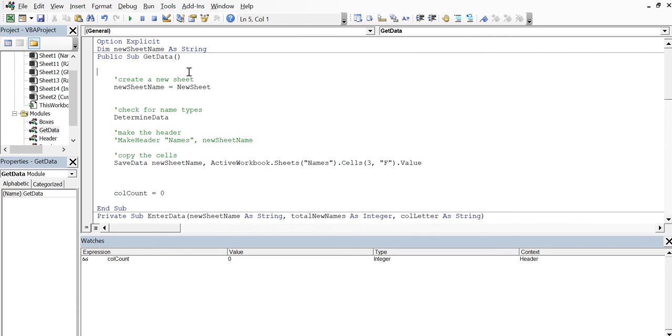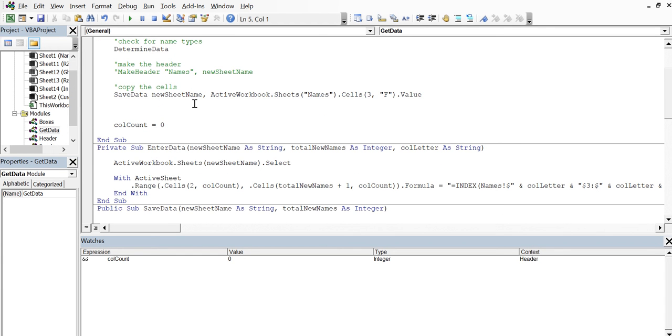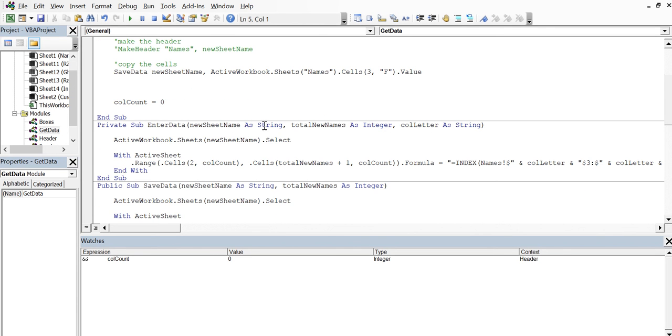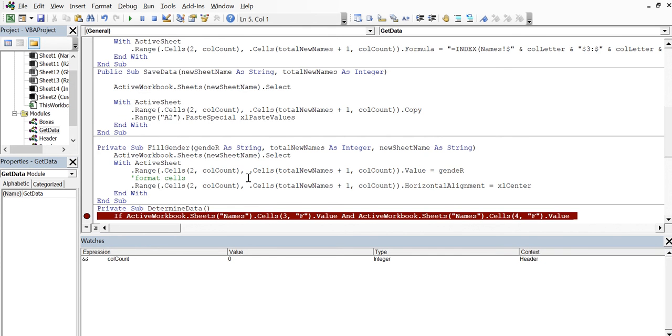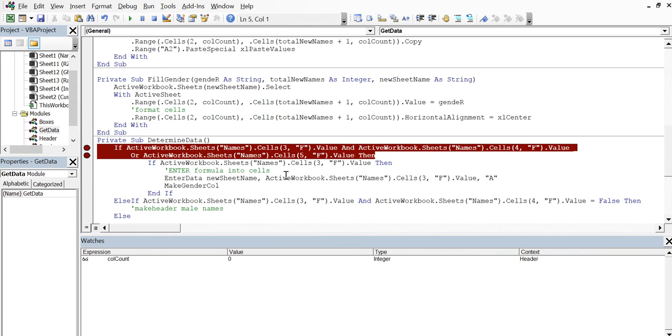So now every one of these modules is going to have the new sheet name. At this point, if I start running into problems, I'll bring it back down, and I can pretty much get rid of all the times where I'm passing it in, but I'm not going to do that yet. I'm just not going to bring it in to this particular subroutine here. Okay, so we got new sheet name,